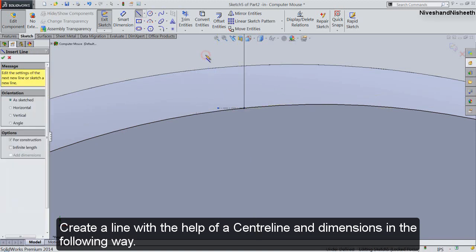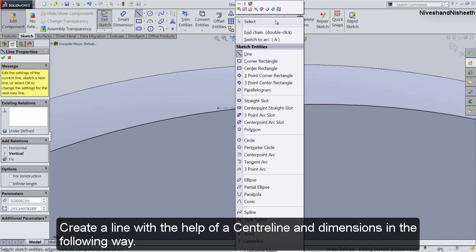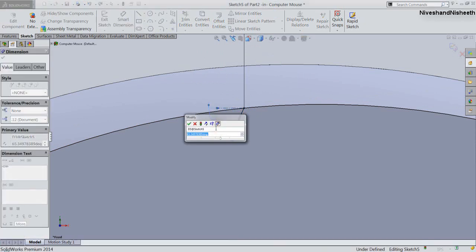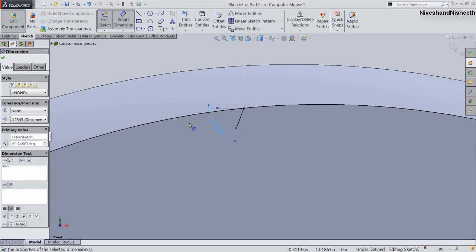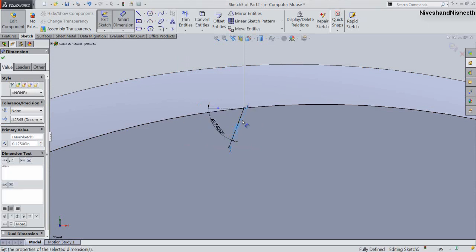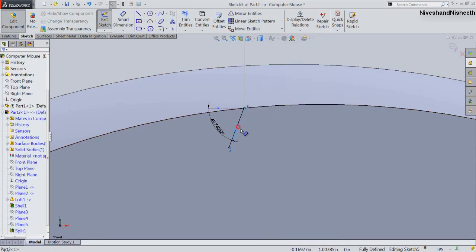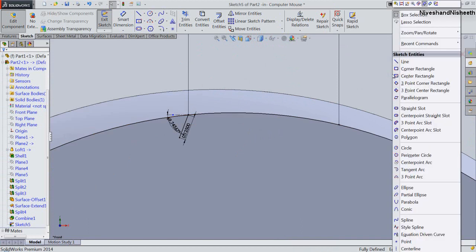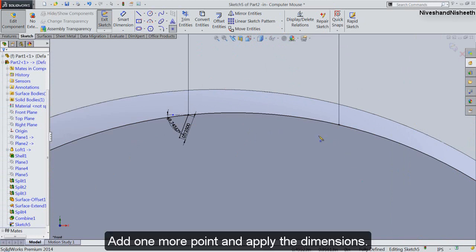Create a line with the help of a center line and dimensions in the following way. Add one more point and apply the dimensions.